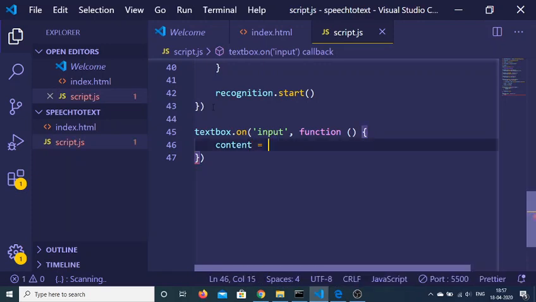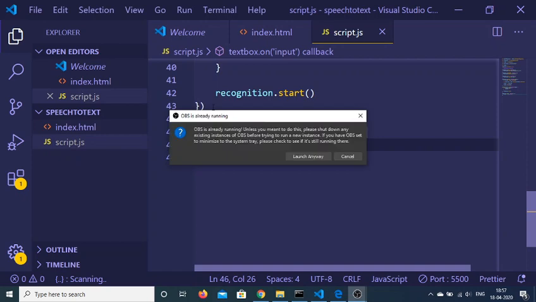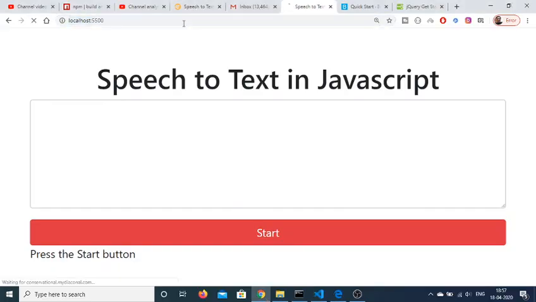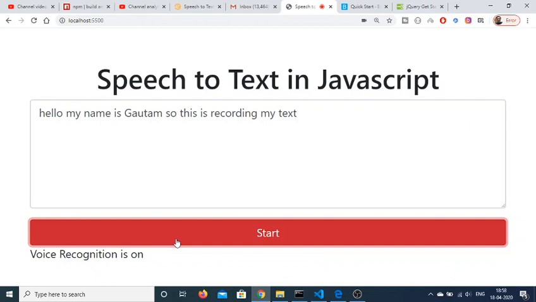So we can get the value of the text box like this, $this val, like this. That's it. So this will get the current value of the text box, and it will initialize it to content like this. So if you reload it, click start. Hello, my name is Gautam. So this is recording my text. So you will see that.